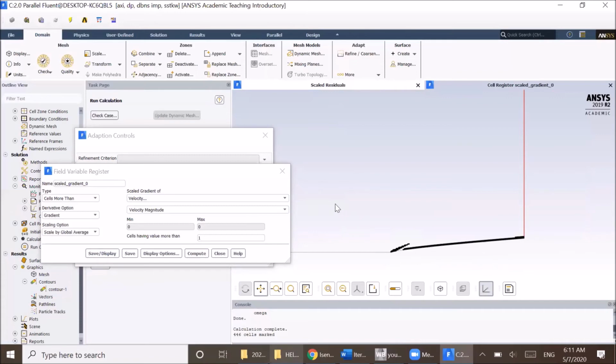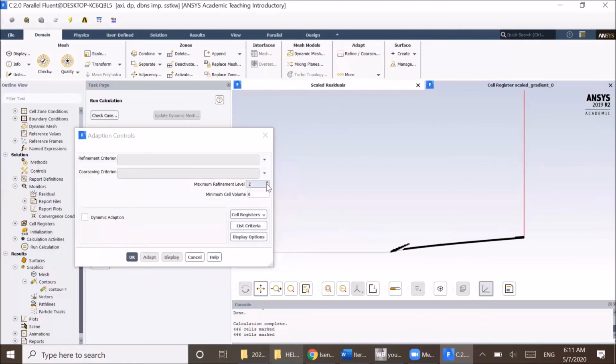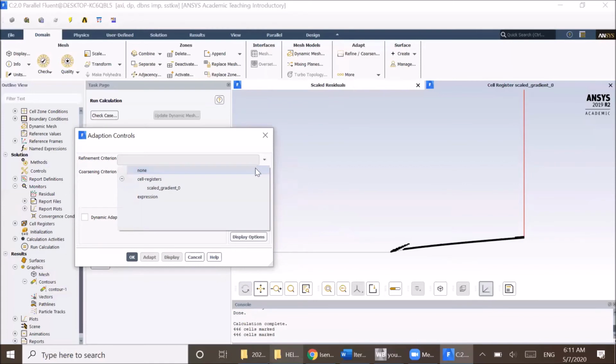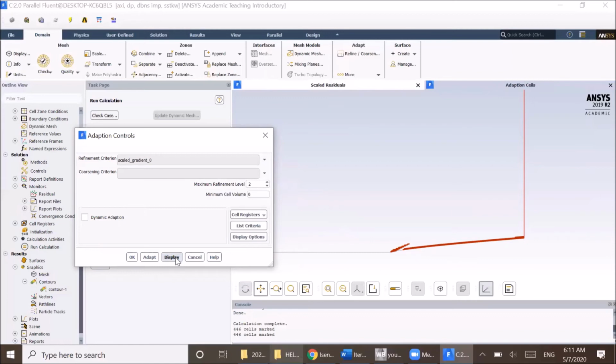So it's easier to just do it this way. All right, so we went ahead and selected our cells, and we go under here. We make sure that the gradient option we created is selected. We click display again to make sure it's selecting the right cells, and then we click adapt. All right, so it gave us the number of cells in the original file and the number of cells that